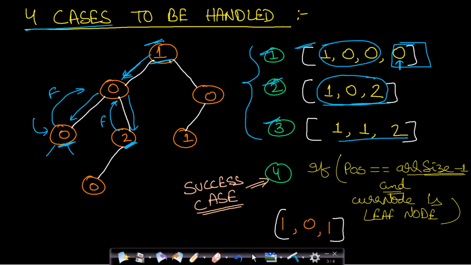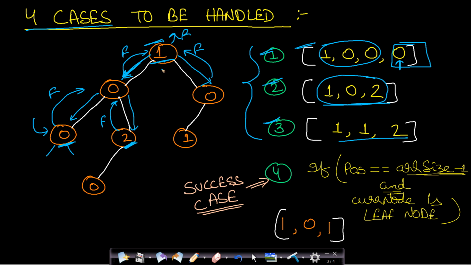So we are starting at this one. Now we make the left call. This is 0. So it will return false. Since the element is not equal, now it will make a right call. Now this is also 0. So it will also return false. Now since we have seen false from both hand sides, so it will also return false.